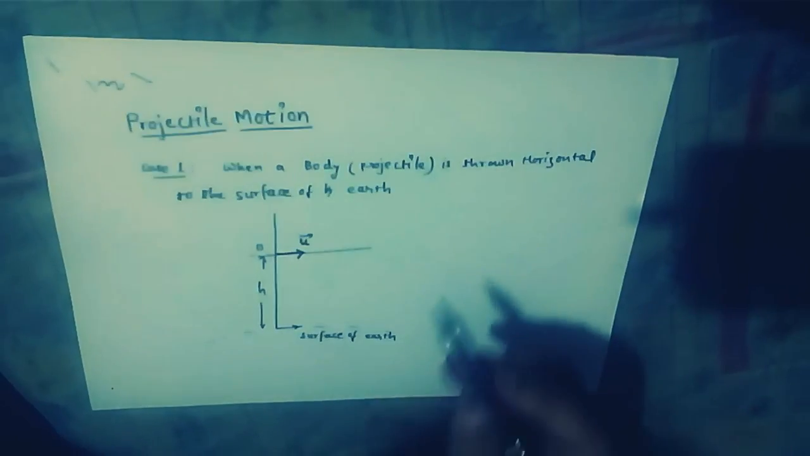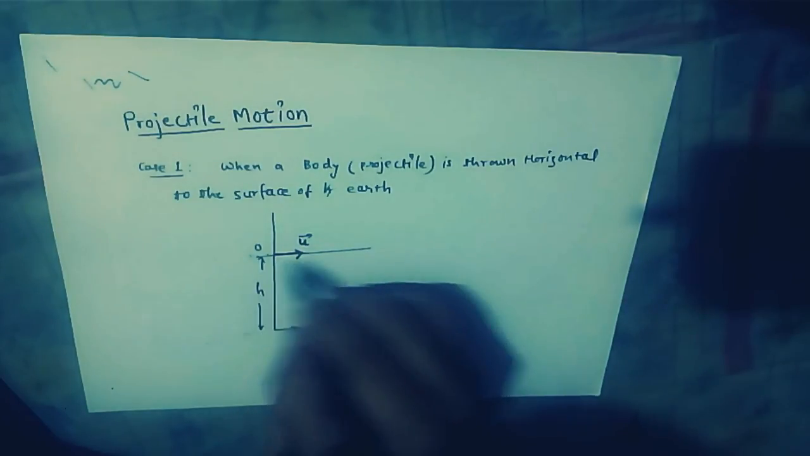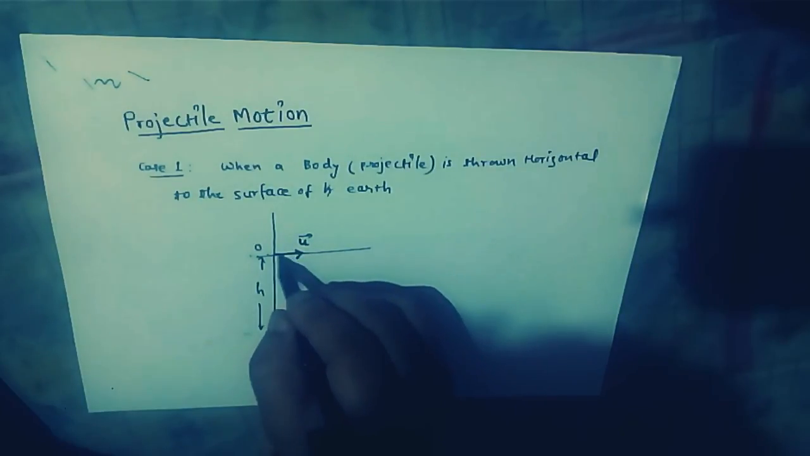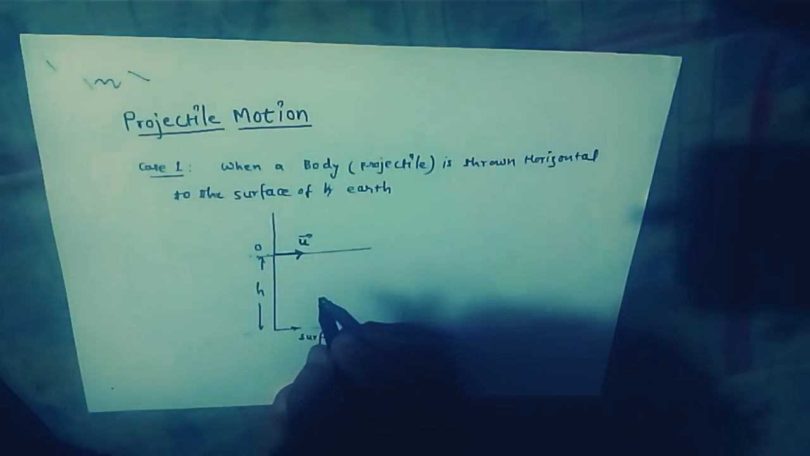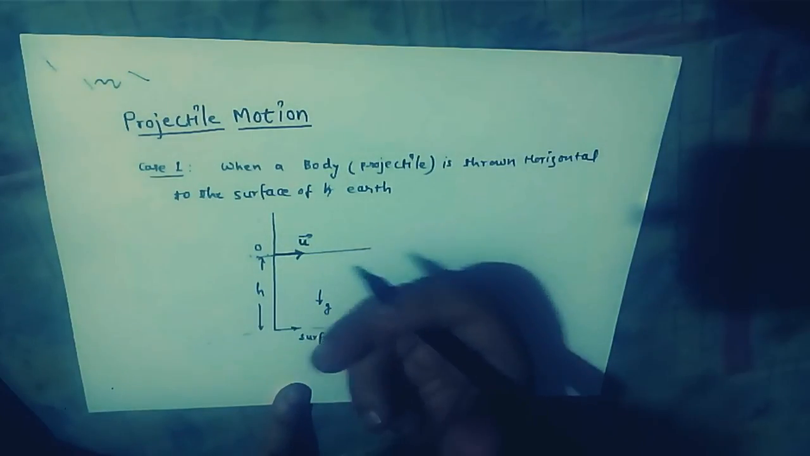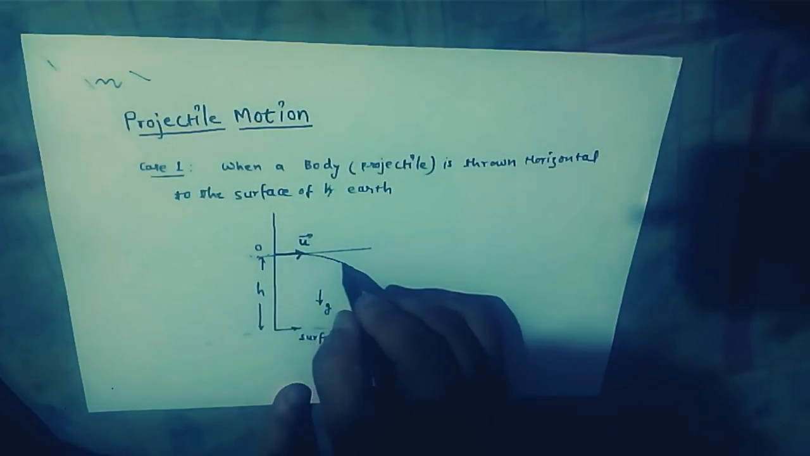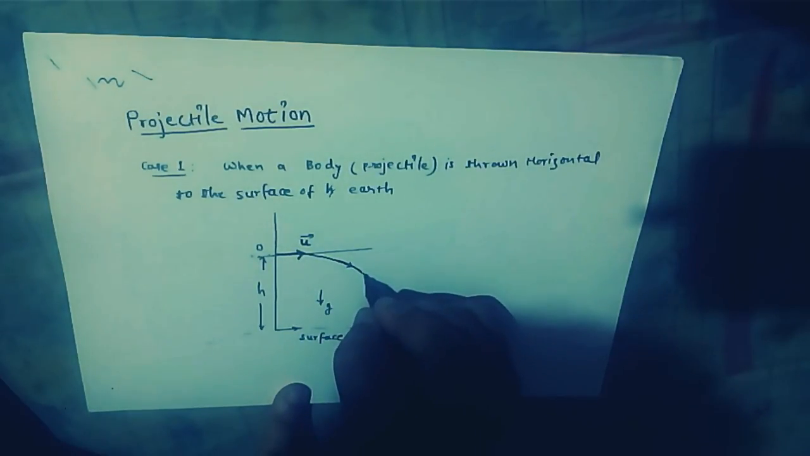Because a projectile is a body which moves under the gravity of earth alone, after traveling a horizontal distance it would remain horizontal to the surface of earth, but as gravity acts on the body downward, trying to attract it, the body slowly bends downward. So at a certain point, suppose P, the body is at point P